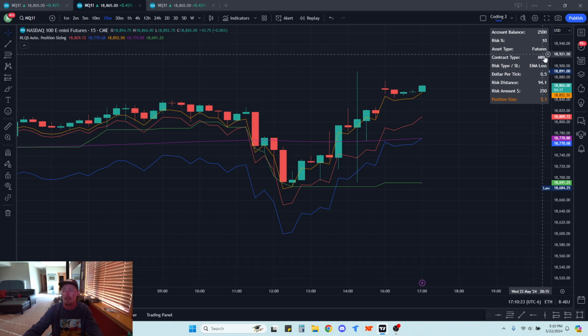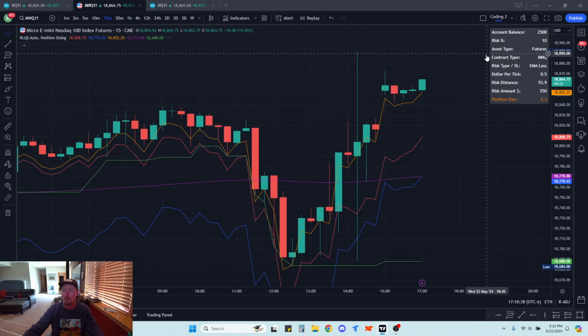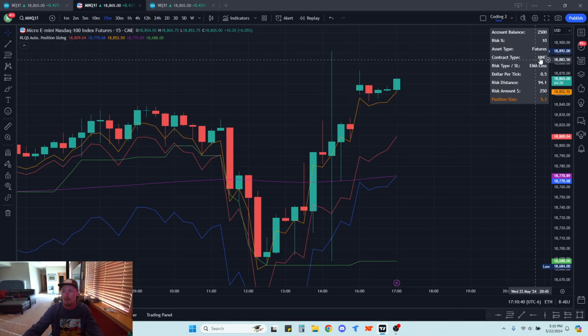Asset type, we're going to be looking at futures. You can also choose dollar based if you want to look at Bitcoin or some stock or anything else really. Contract type, it'll populate with what you have it set to. So in this case, I should be on the MNQ chart. And yeah, so risk type / stop loss, I have several different values that you can choose of a location